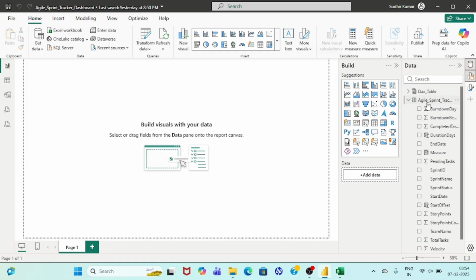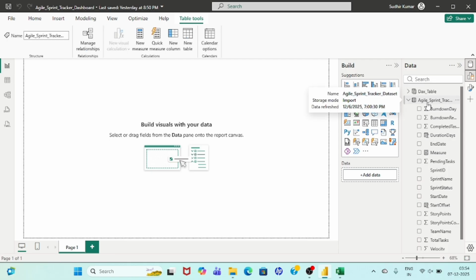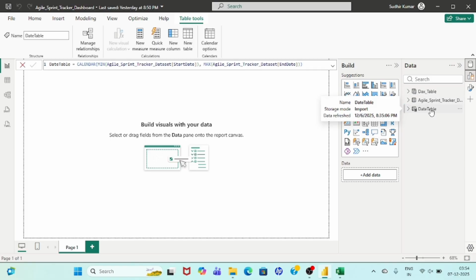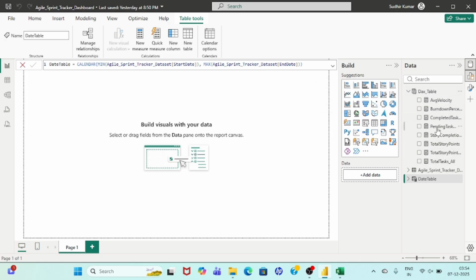You could see this Agile Sprint Tracker Dashboard. Okay, so this is the dataset which is already imported in Power BI, and the transformation is also done. Another thing is a data table. I have written the DAX query to create the date table, so it is here. And I have also already written certain DAX queries. These are the DAX queries which I have already written, and I'll be using them while building